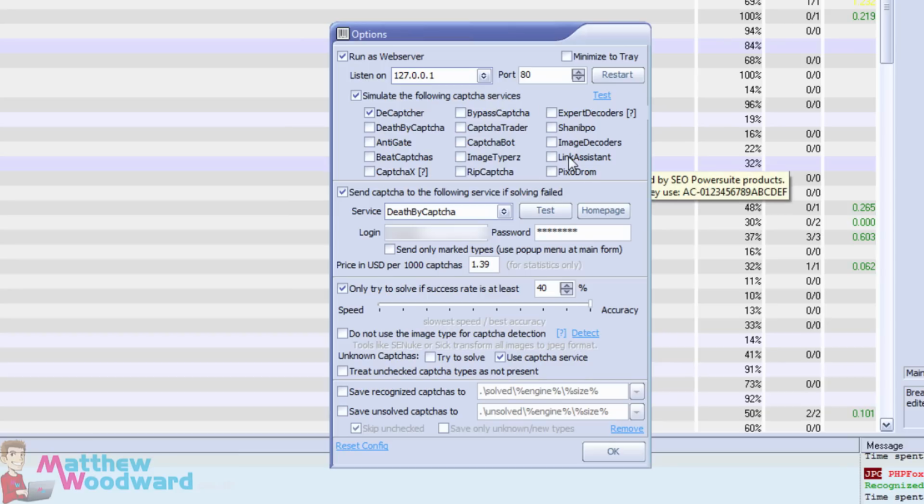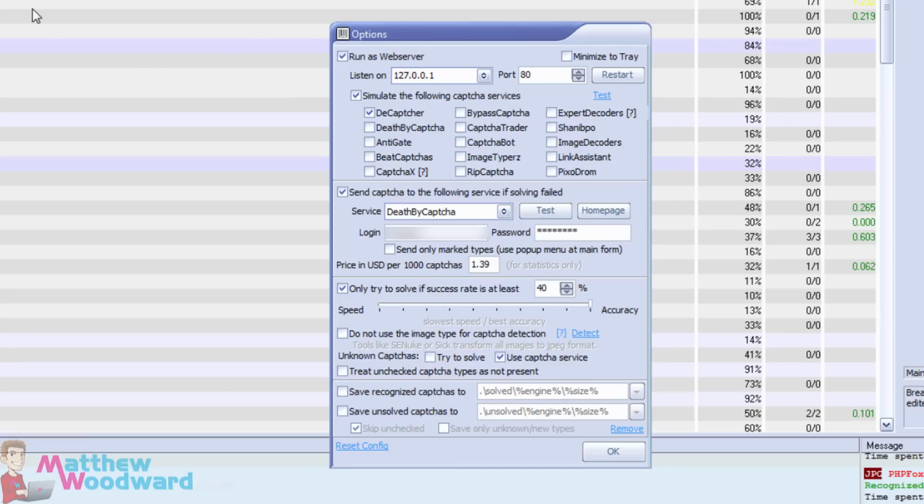So that is obviously GSA Search Engine Ranker, any of the products from SEO Power Suite, Buzz Bundle, SENuke, or whatever software you're using. It's 99% chance it's going to be compatible with Captcha Breaker.